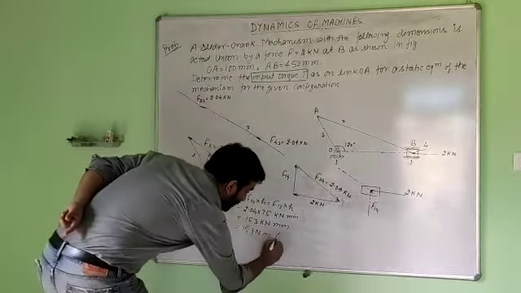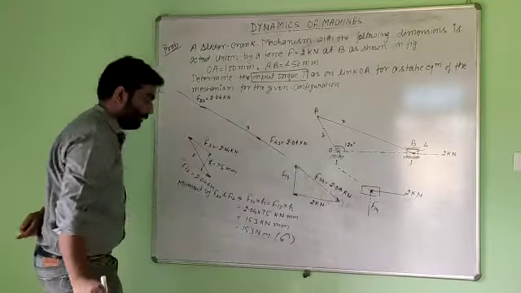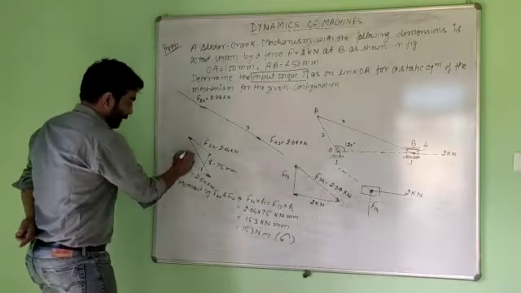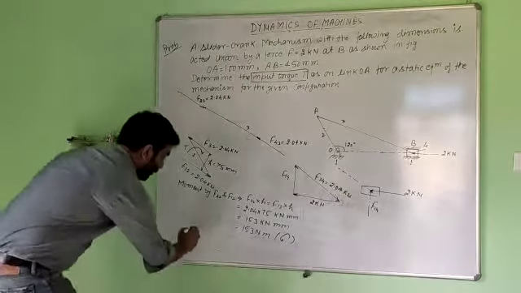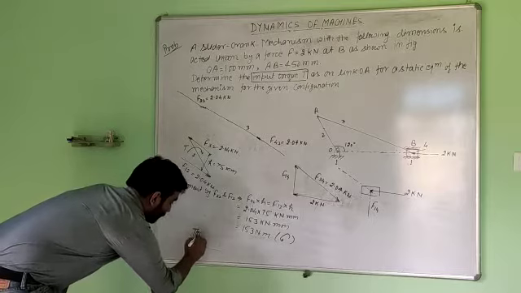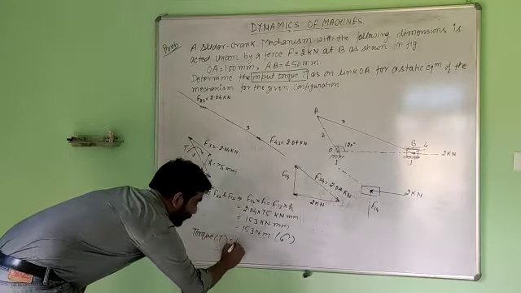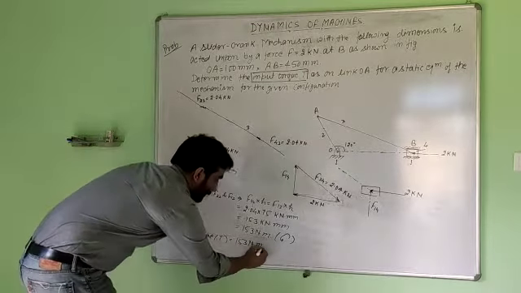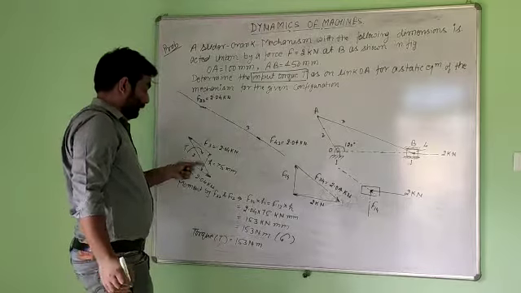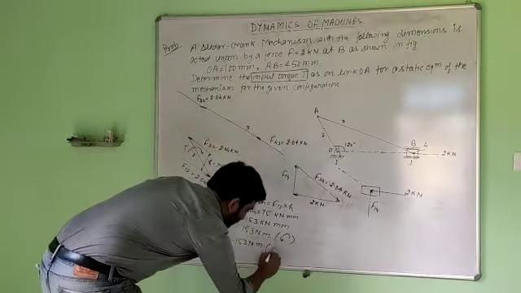This is in the anti-clockwise direction. This is acting anti-clockwise direction. So we have to apply an external torque. Then the amount of torque T will be equal to 153 Newton meter, and the direction will be clockwise.